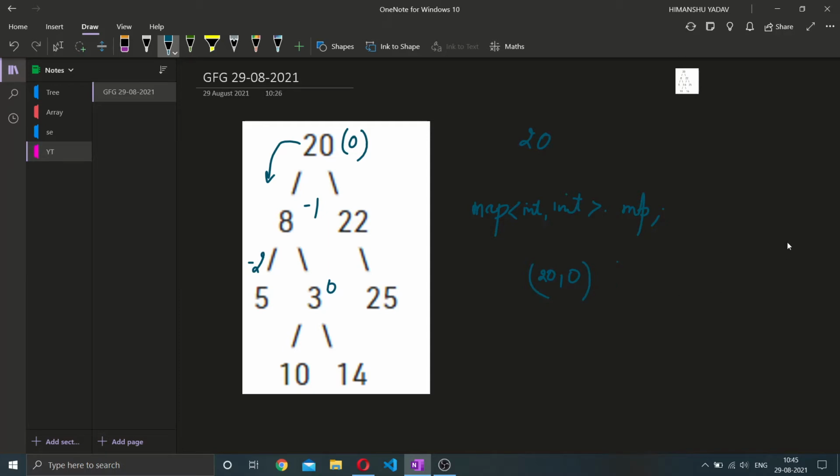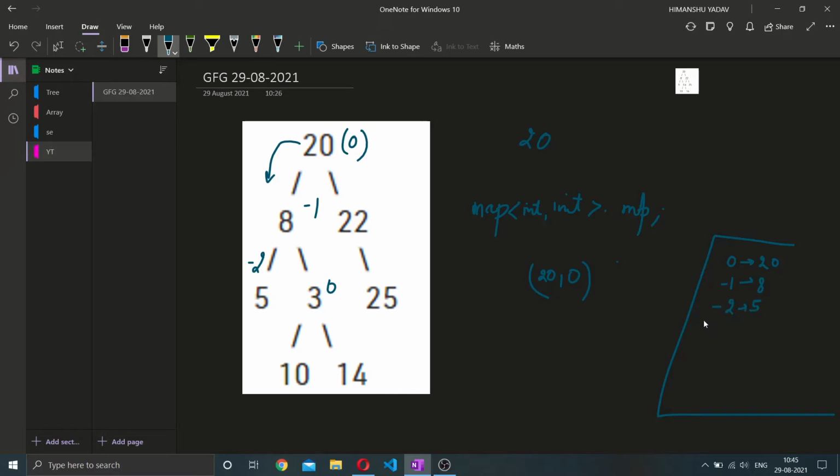So the map will look like this. We will store 0 to 20. Then we go to 8, so we store -1 to 8. Then we go to -2 and store -2 to 5.